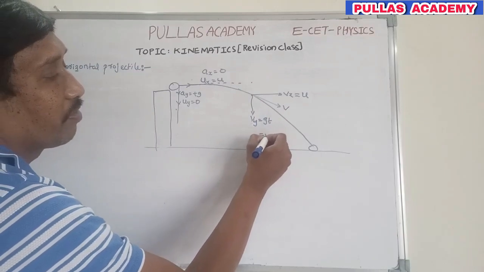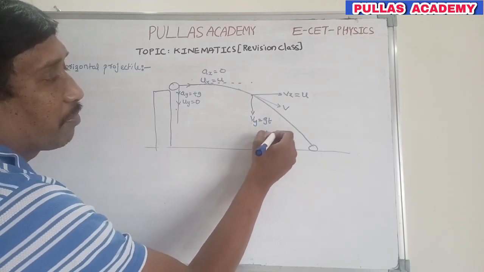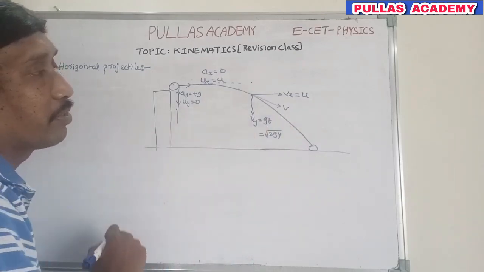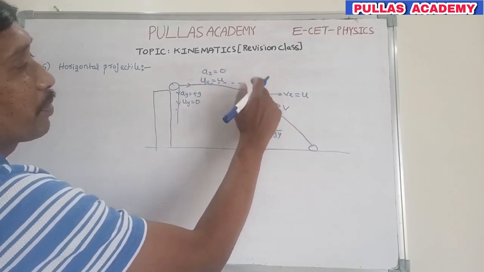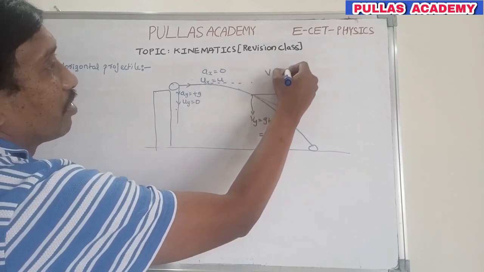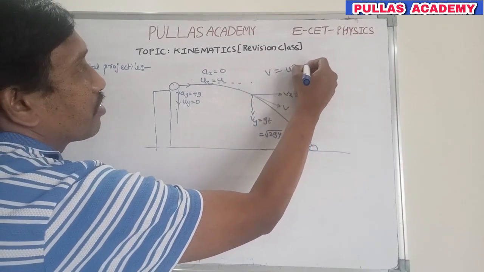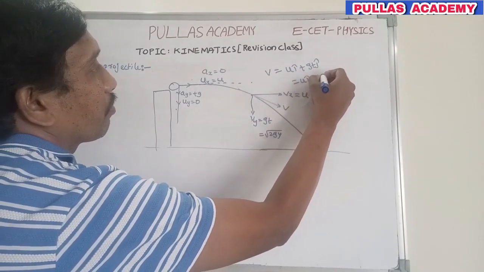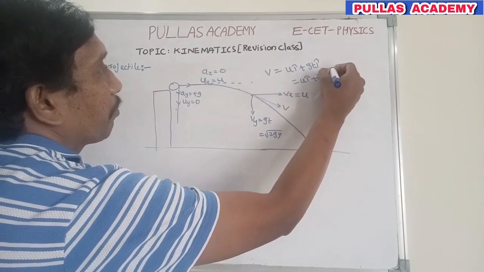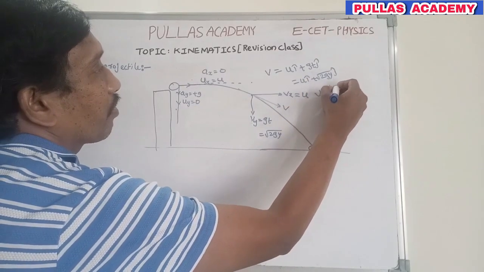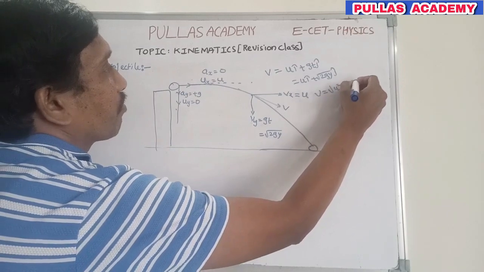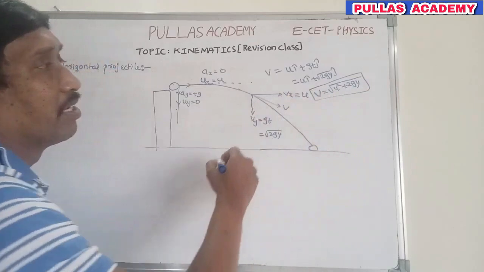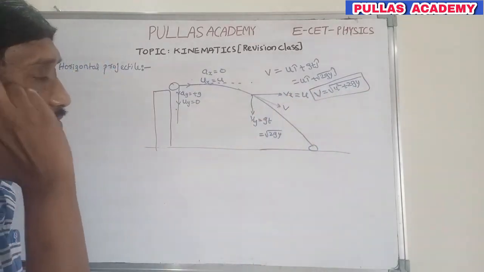So in terms of displacement, vy is under root of 2gy, that is the formula. So in this way you need to understand. That means velocity v is equal to u i cap plus gt into j, that is u i cap plus under root of 2gy into j. So v is equal to under root of u square plus 2gy. So this is about the velocity. Clear? In this way we need to understand the velocity.